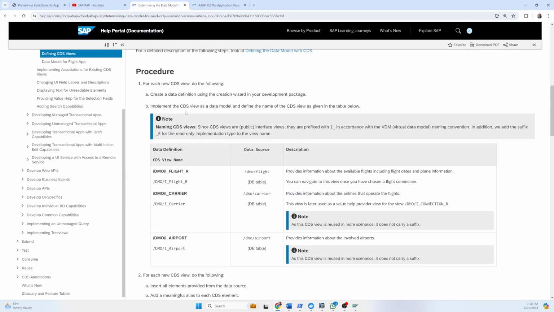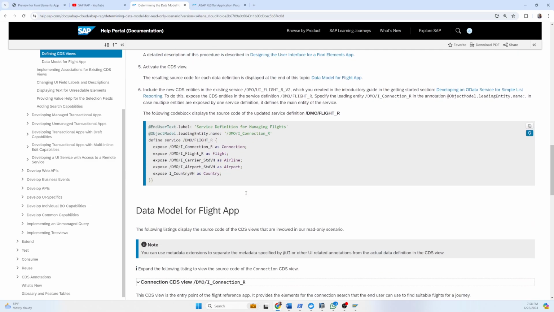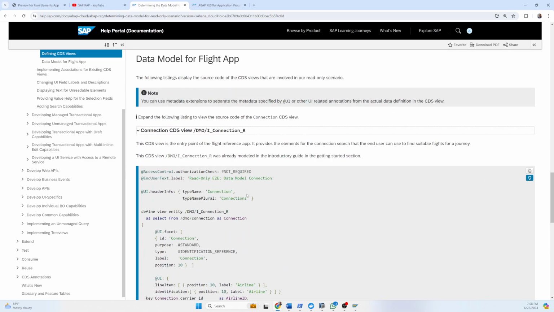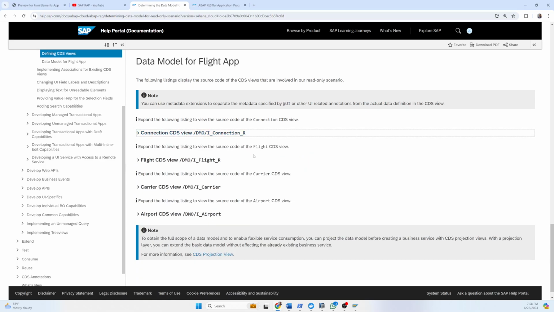So now you can check here, basically we are going to create those 4 CDS views first. That is the I connection, I connections. R means read, and the flight and carrier and airport. So I will do it in detail and step by step, so no need to worry about that. So first let's go